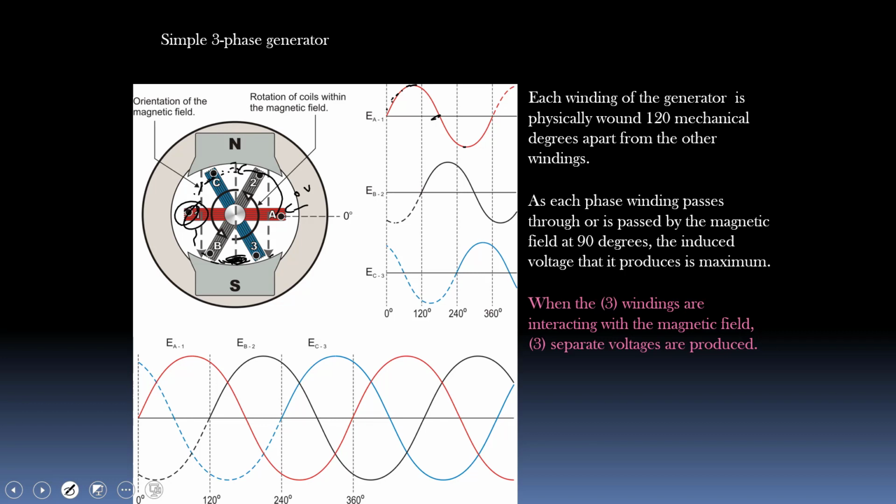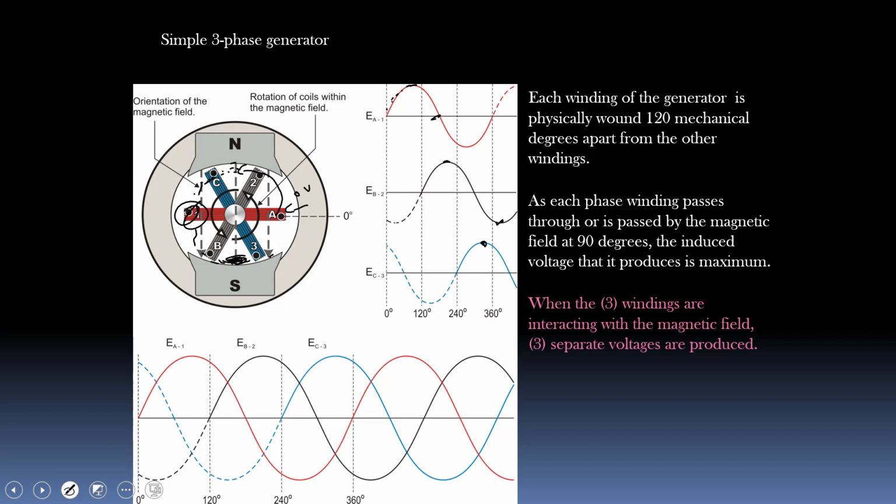Here we have 3. Now, in B phase, same thing happens. When it goes past the north pole, it generates its maximum voltage in one direction. When it goes past the south pole, it generates its maximum voltage in the other direction. And same thing with C phase. We go past the south pole right here, let's say, generating maximum negative, and past the north pole, we generate